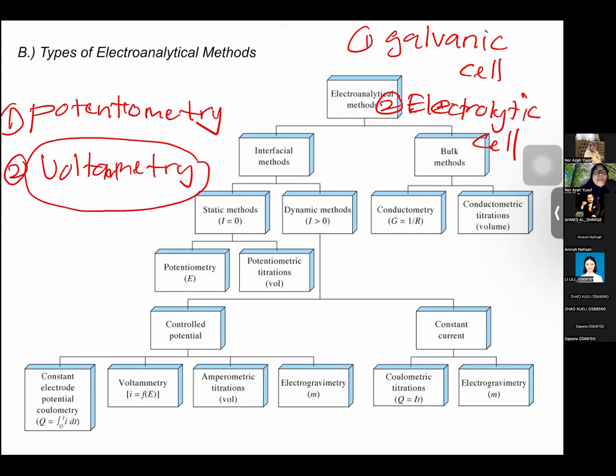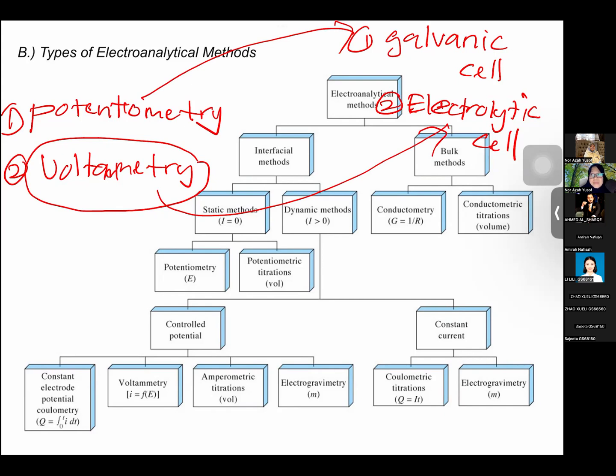Okay. So those are very basic that you have learned in undergraduate level. This is actually basic chemistry, it's not under electrochemical subject per se, but it's basic chemistry that you have to learn about this reduction and oxidation. Okay. So when we talk about voltammetry, we are talking about the electrolysis or electrolytic cell. And potentiometry, you are talking about galvanic cell, meaning that for potentiometry, when we have